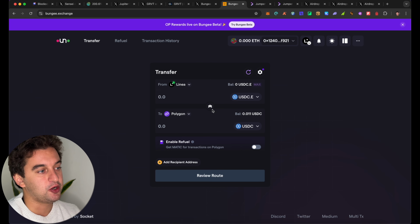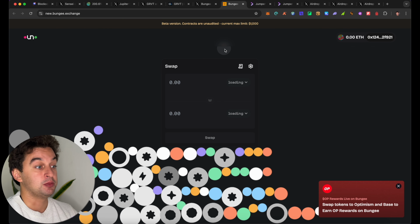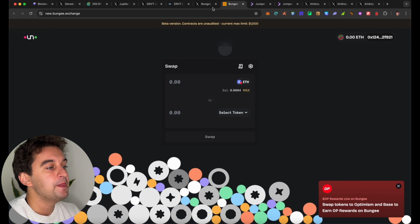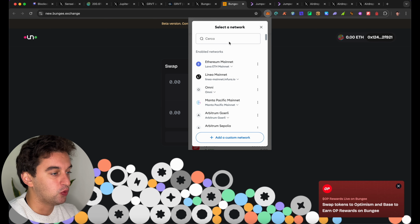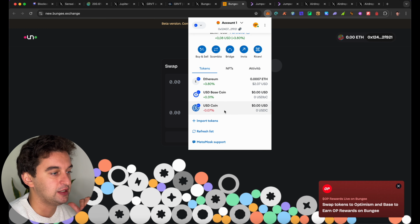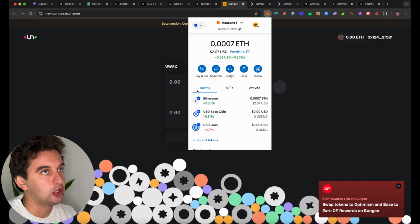So I would recommend you to still use this one, but if you want to test out the new one, with the possibility for the airdrop allocation, make sure to go and do it. And you will receive the swap token to Optimism and Base to earn the OP rewards over on Bungee. So the OP rewards will basically be like, because this is completely new, you have the possibility to do this, to do that, instead of, we'll make you pay, yes, $2.50, $3 in